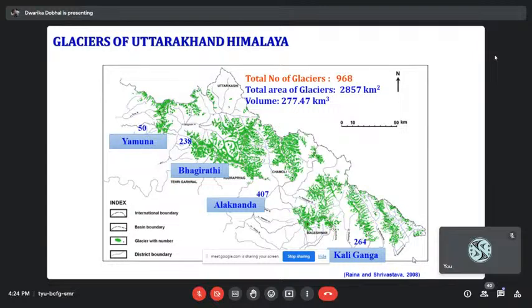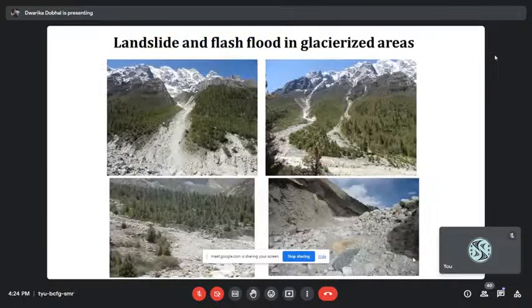The same thing is happening in this area also. So this is a little bit about the glaciers of Uttarakhand, which are one of the perennial water resources of the state. Another one is, if you talk about the hazards, in this higher area where the glaciers and snow cover dominate,